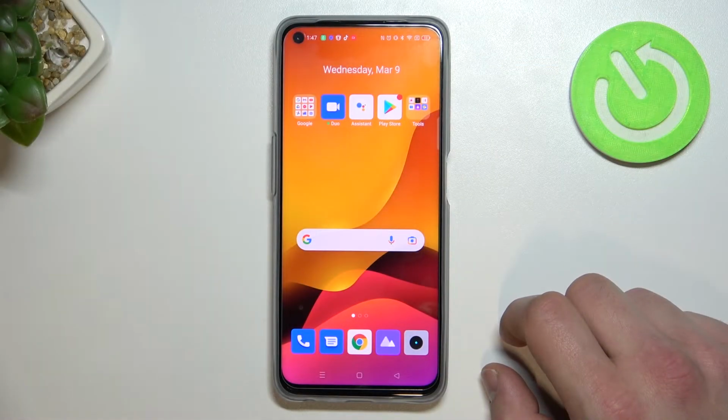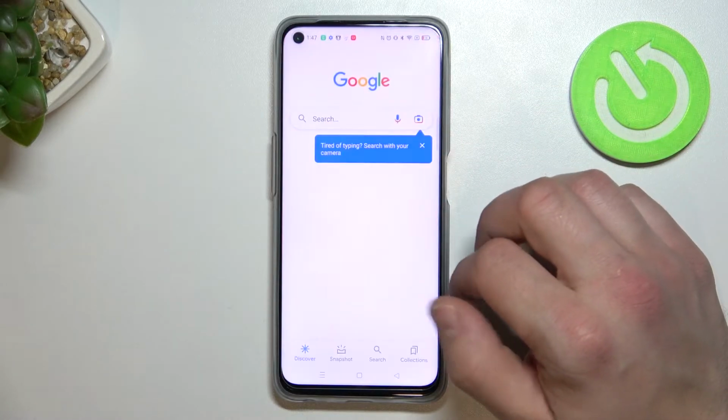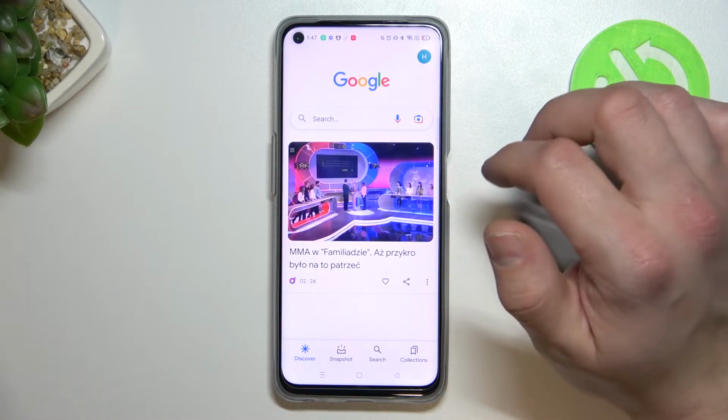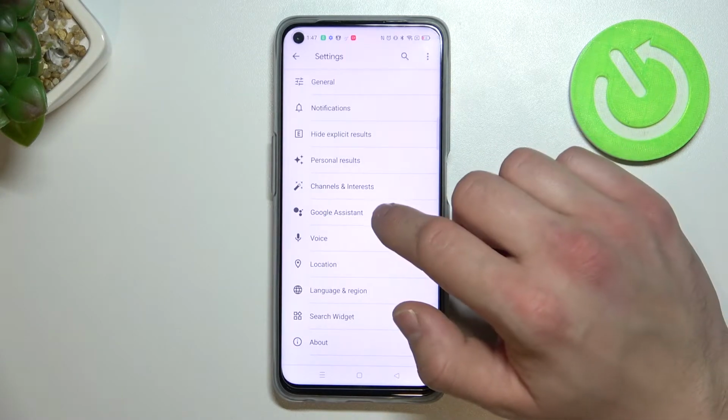Hello, in front of me I've got REALME 9i. In this video I'll show you how to use Google Assistant on lock screen. In the beginning, let's enter Google app, tap the button in the right corner, and go to settings. Enter Google Assistant,